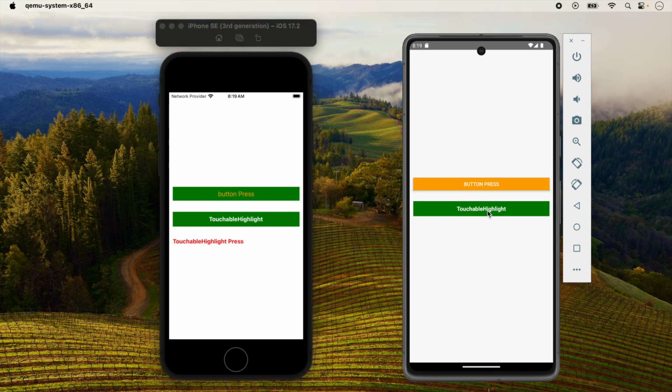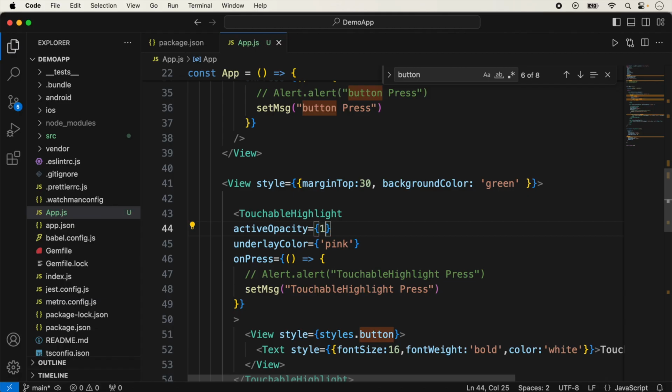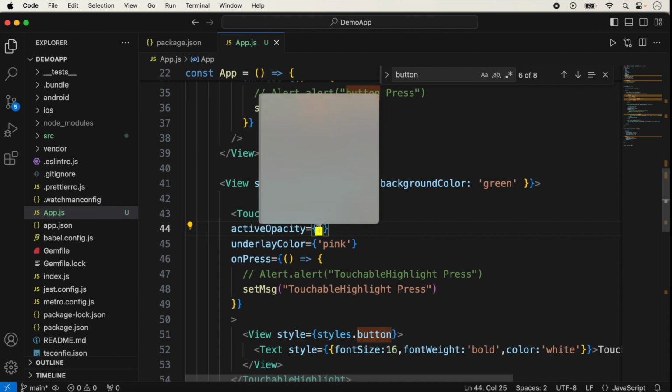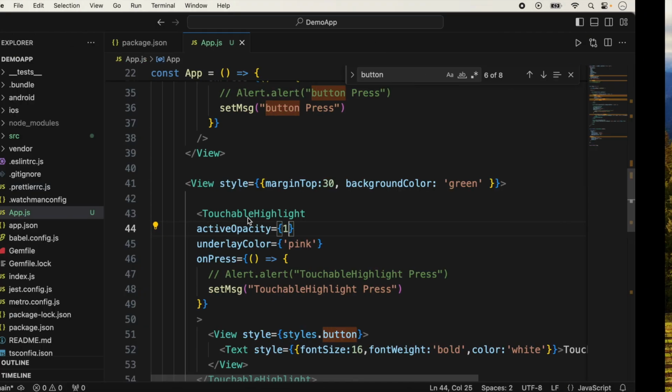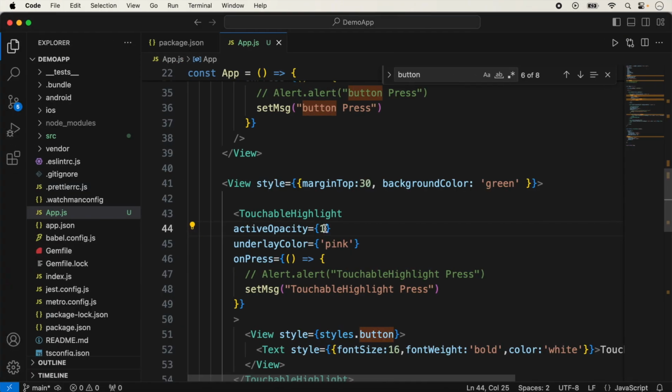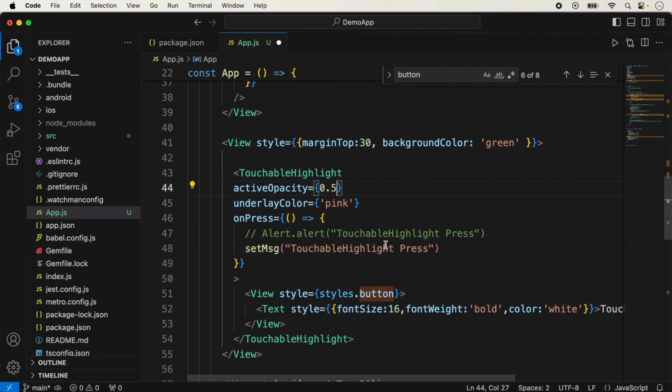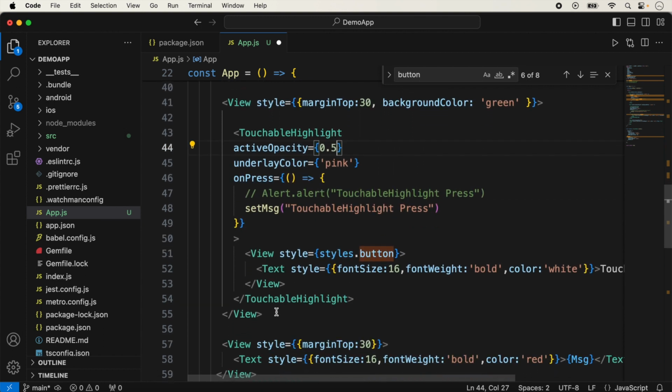And in Android it will work in the same way as in iOS. When I'm using an active opacity of 1, the underlay color will not be shown. Suppose when I'm clicking here, nothing is showing, no color will be shown when you use an active opacity of 1. So you can set the active opacity according to your requirement. Another button we use here is